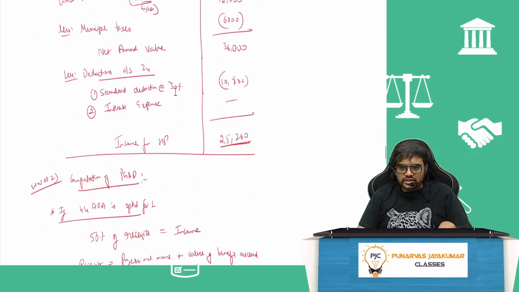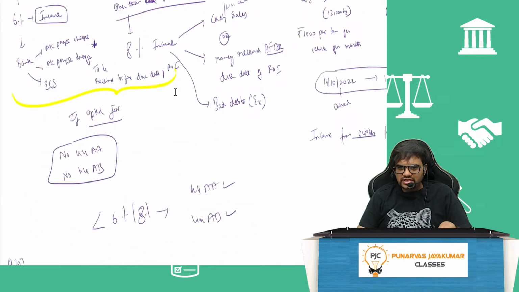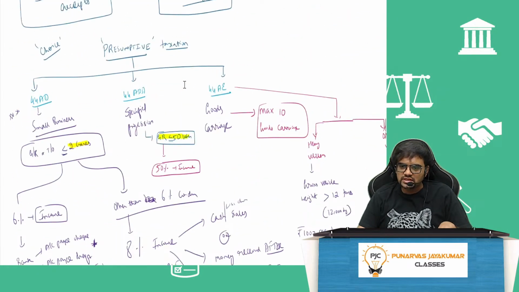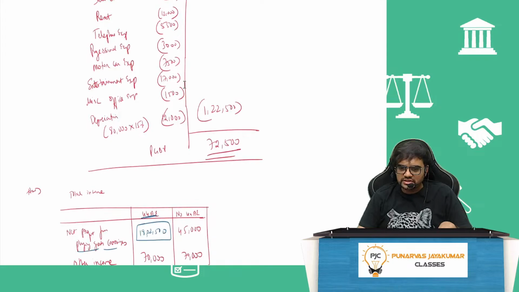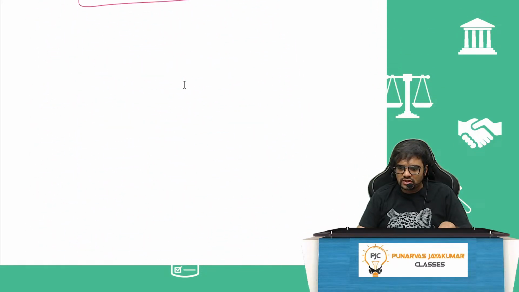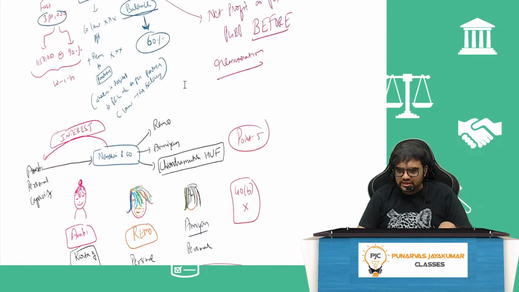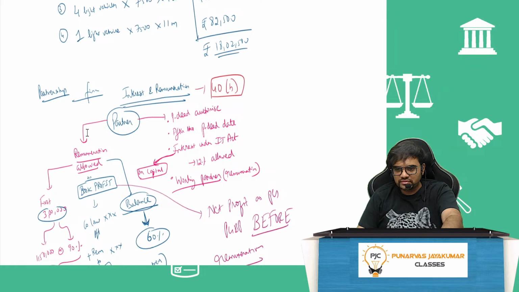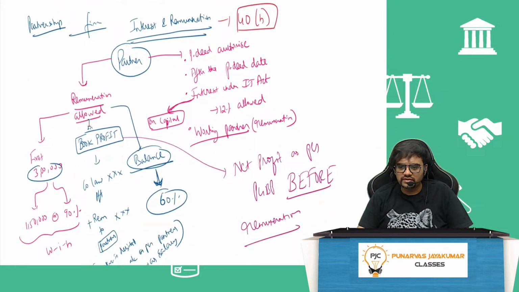Cool. So that completes PGBP. Then you have your partnership firm that we'll see later along with other things. Yes, this is your presumptive taxation. Entire PGBP is taken into account. And for partnership firm, one extra point is there. Quickly, partnership firm, interest and remuneration. Only that part we'll discuss, nothing else.